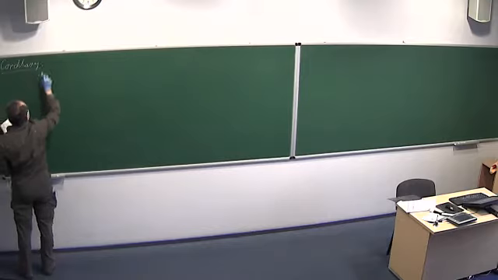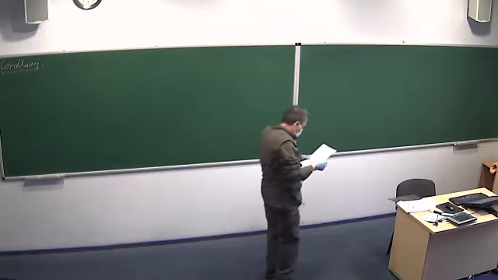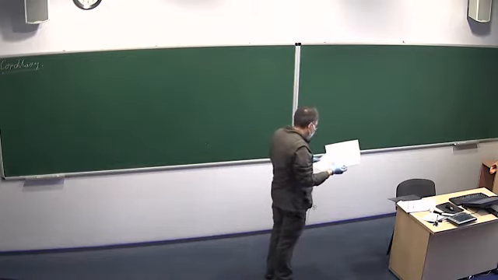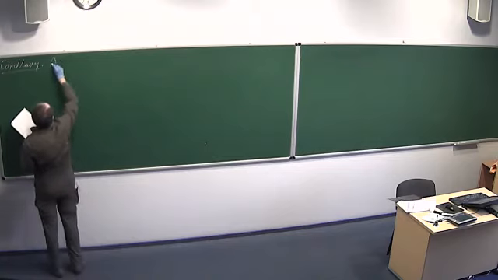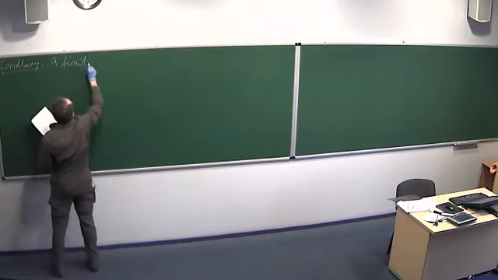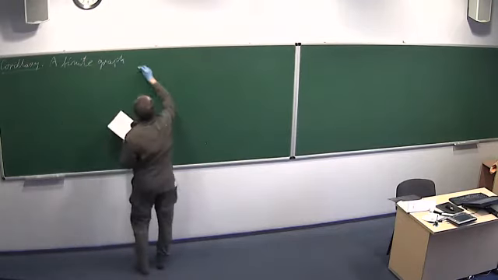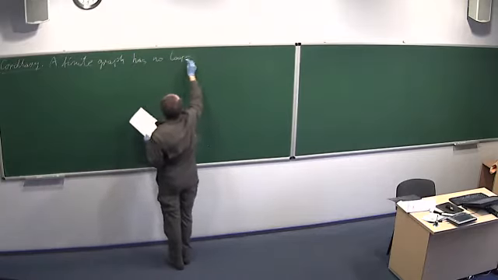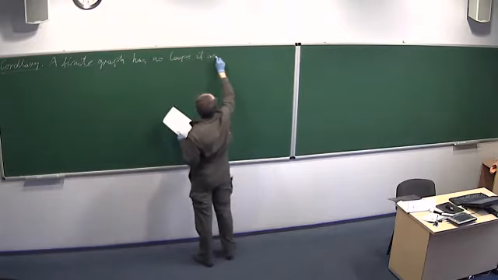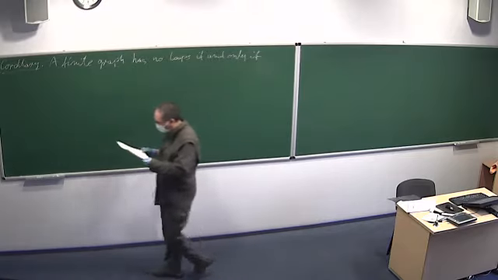To be honest, I don't remember the corollary of what it is. Well, it must be clear when you read the lecture notes. Let's see, it probably will be obvious during the proof. Anyway, the claim is the following. A finite graph has no loops if and only if its adjacency matrix is nilpotent.